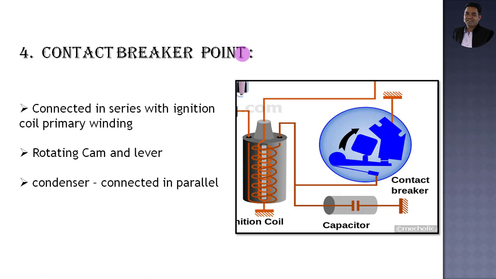The rotating cam has a rise portion which depends on the number of cylinders in the engine. The rotation of the cam is completely controlled by the speed of the crankshaft or camshaft. In the construction, one condenser is provided which is connected in parallel with the CB point. This condenser is nothing but a simple type of capacitor which absorbs the back EMF which is produced while